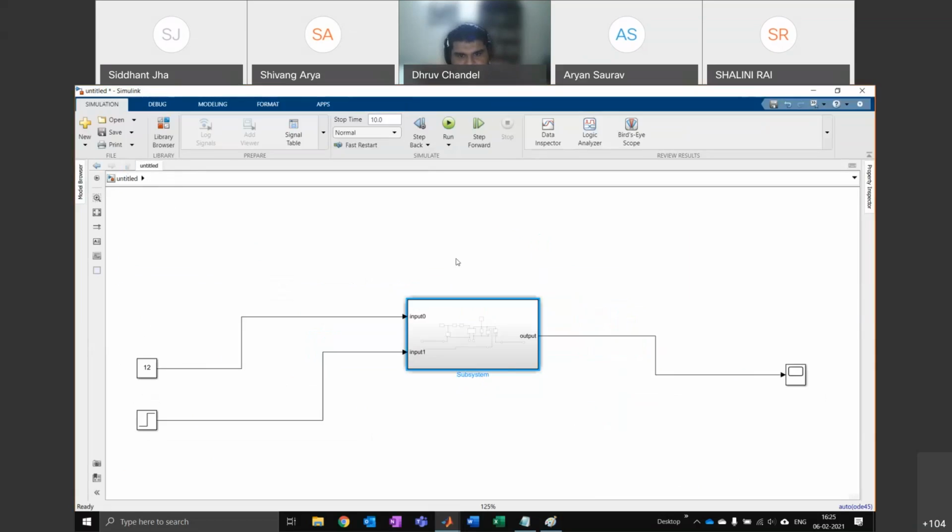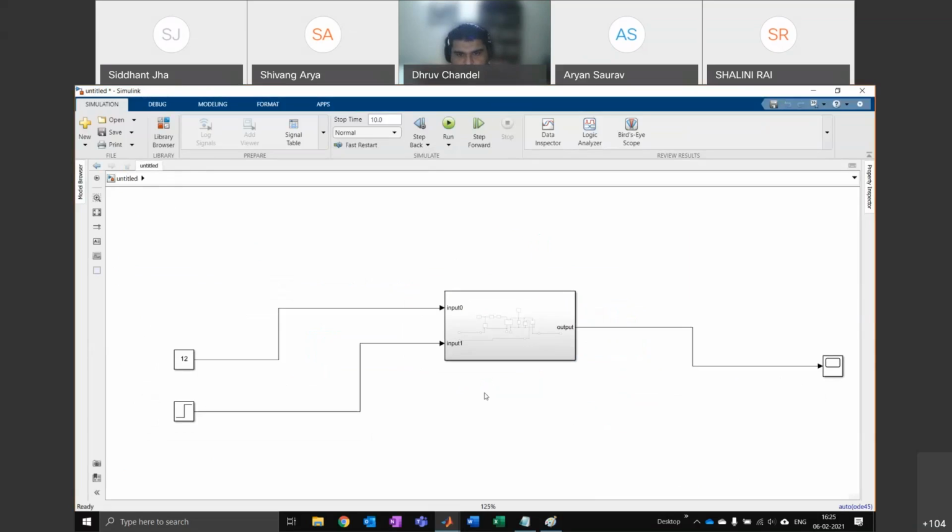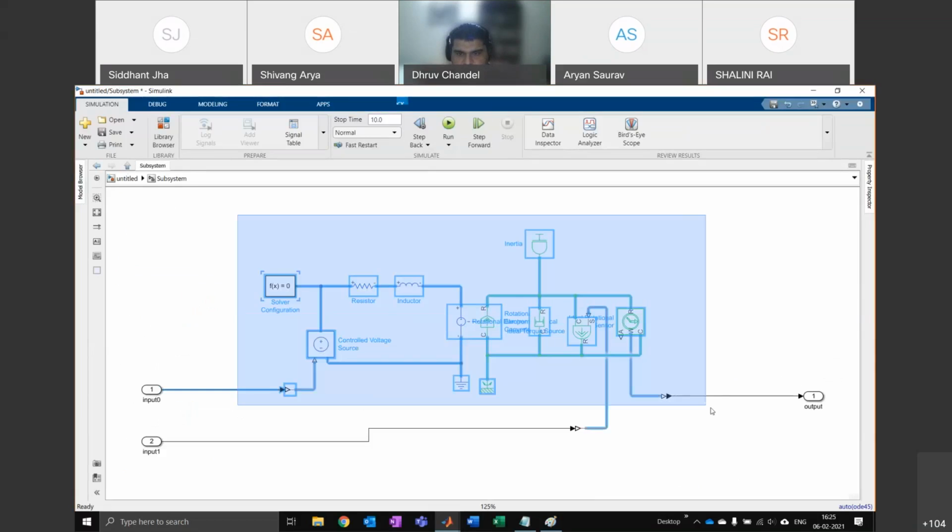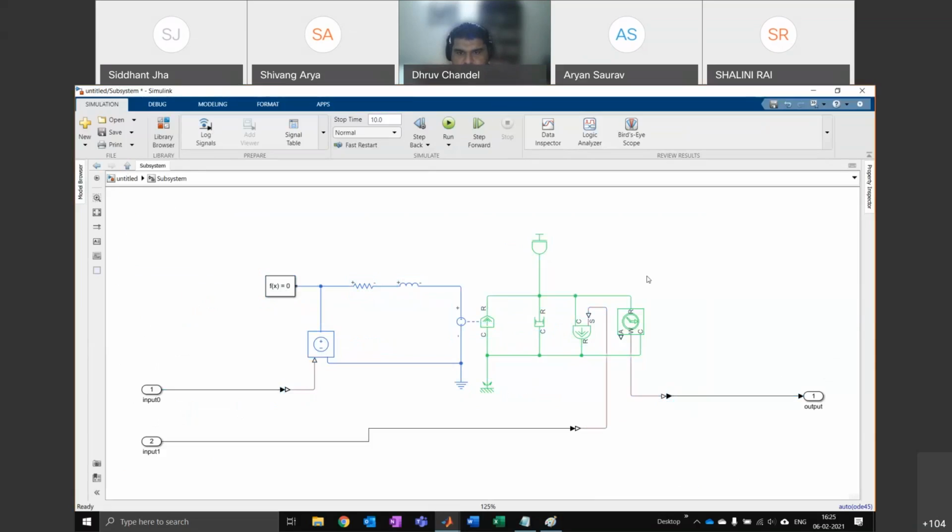So what happens is this subsystem now, you can put a controller on it exactly the same way as we did for our DC motor. So if I wanted to control this system, I can just use the same controller that I designed for my DC motor. It will work perfectly with this because this is a plant model. It's just made out of physical components rather than Simulink components.